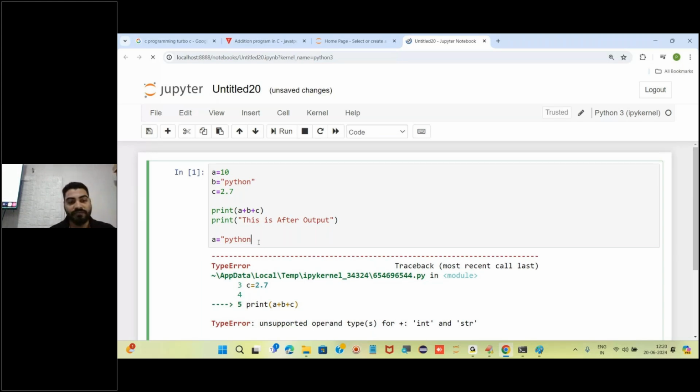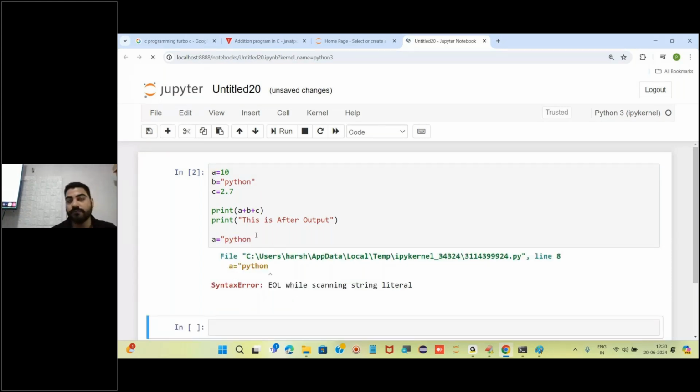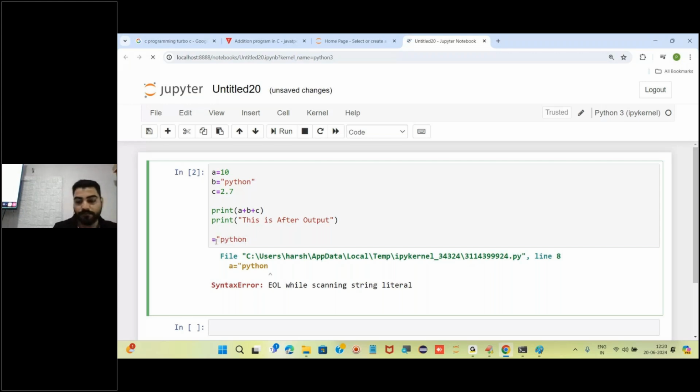But we are not closing it. It should also show the error here, but let's see where it is showing. First of all, let me take this as D. Where is it showing? Only one error it is showing at a time. Is it showing multiple errors? No. It is only showing one error.